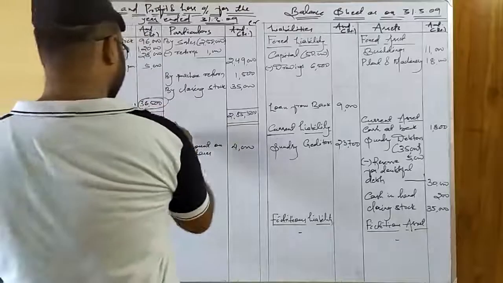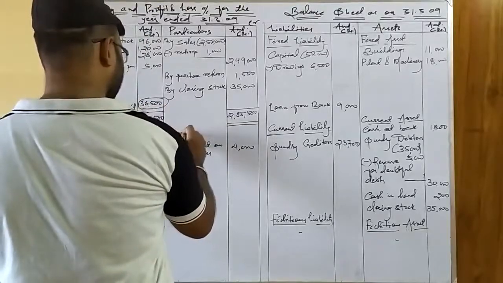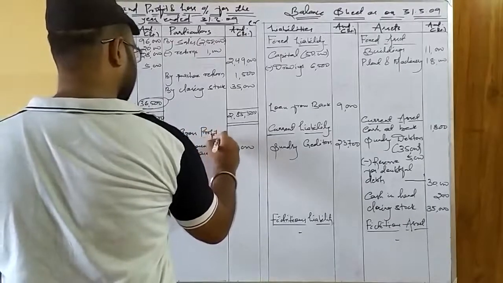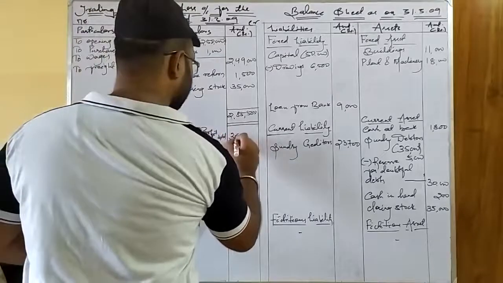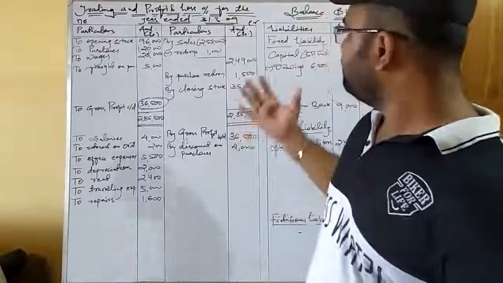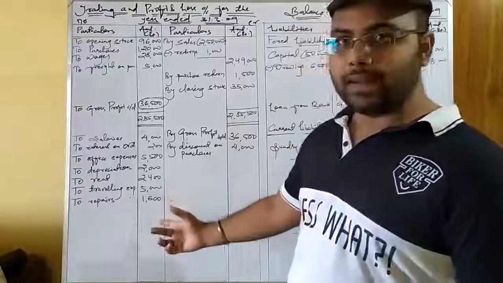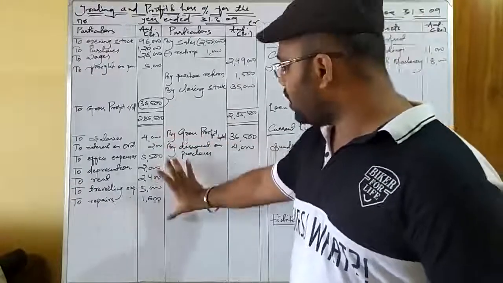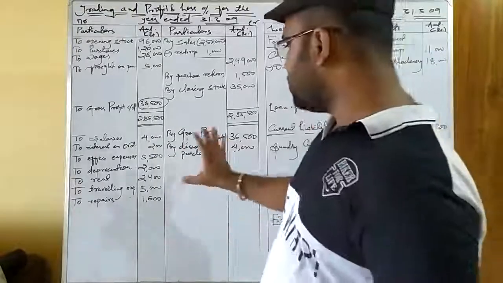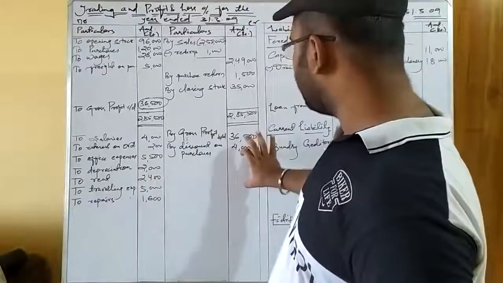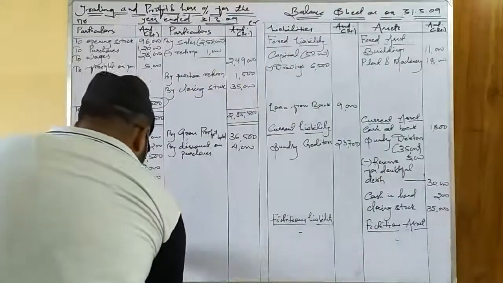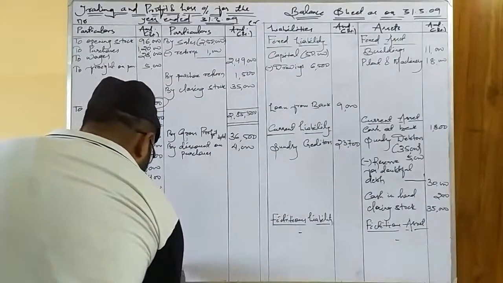So I am putting here by gross profit brought down. So gross profit is 36,500. So see, now the total of the credit side looks much higher than the debit side. See, the items are more, but the total of these items is not more than the credit side. You may be confused how I am telling this, it is just because of experience. If you want, you can make the calculation that the credit total of the profit and loss account is more than the debit total. Okay, so I am putting the credit total as the highest total as per the rule on both these sides.